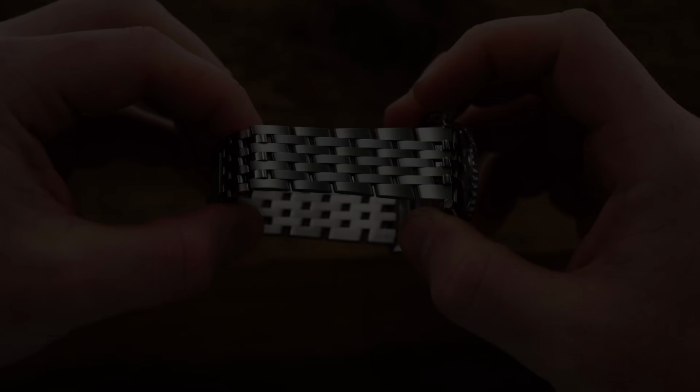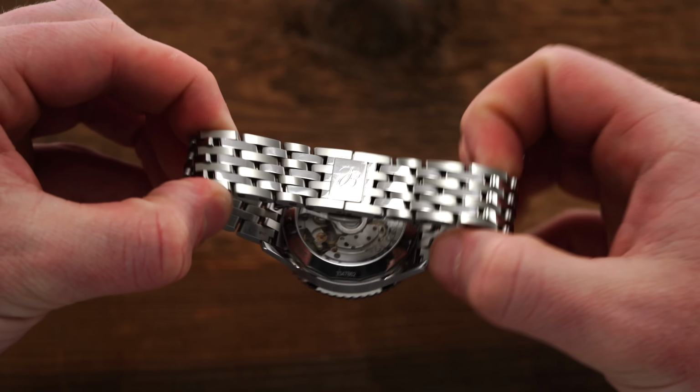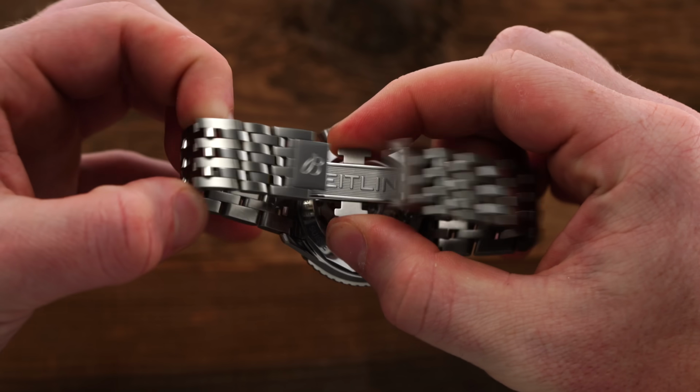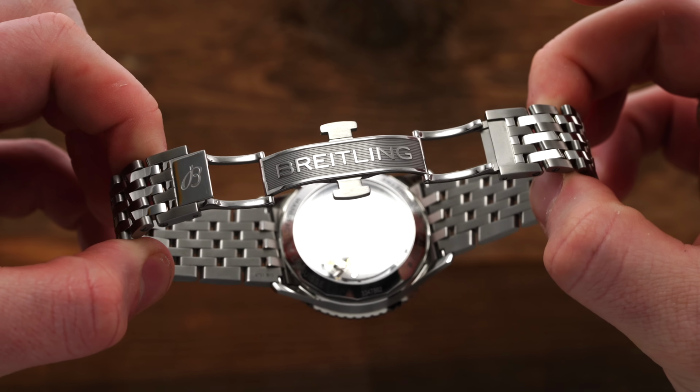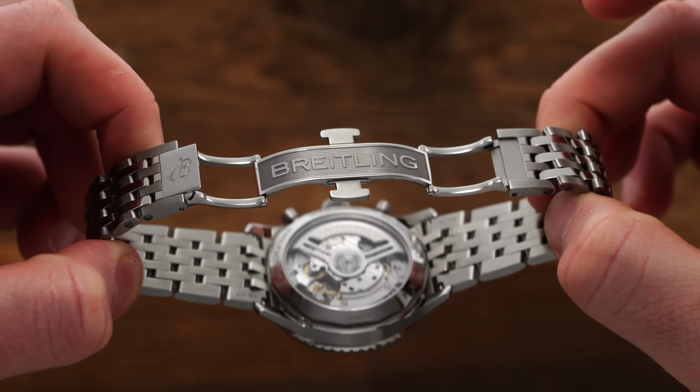Tapering to 18 millimeters, the Navitimer bracelet culminates in a hidden dual deployant butterfly style clasp constructed from milled components that works well in practice while leaving room for a machined Breitling logo on the inner part of the clasp, just in case you forget what you're wearing for a moment. Given the style of the clasp here, there is no micro adjustment, but you do get 2 half links, one